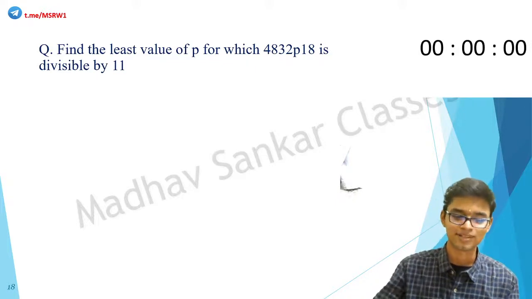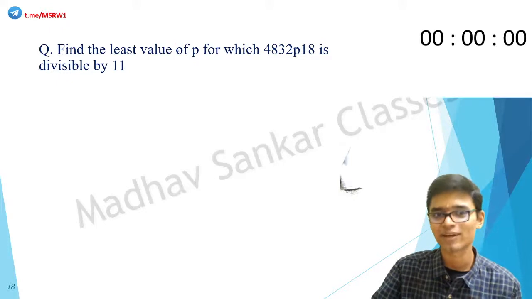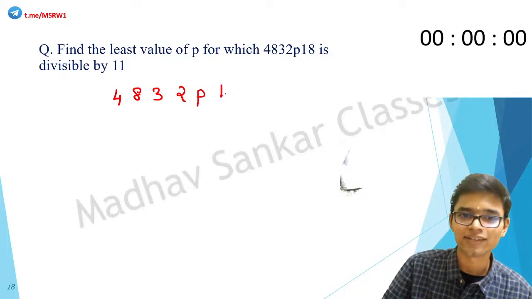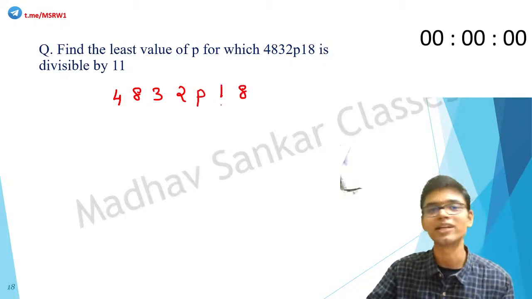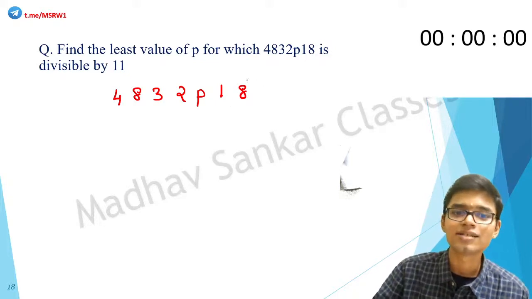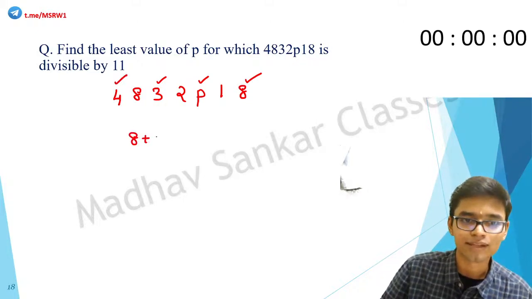Yep, time's up. So how would we do this? What is the divisibility test for 11? We have to find the odd place digits and even place digits and find the difference and check whether that is divisible by 11 or if it is equal to 0. So here, what are the odd digits? 8, P, 3, and 4. So 8 plus P plus 3 plus 4